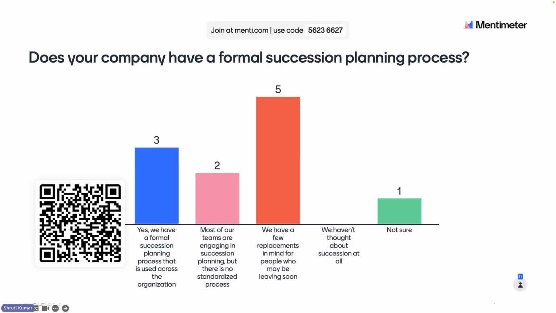So at Sigma, we take a long-term and structured approach to succession planning, and identifying critical roles is only the first step in this process. So we use a six-step process, and I'll cover what this actually looks like in the upcoming slides. Thank you all for your participation, and let's find out more about succession planning.